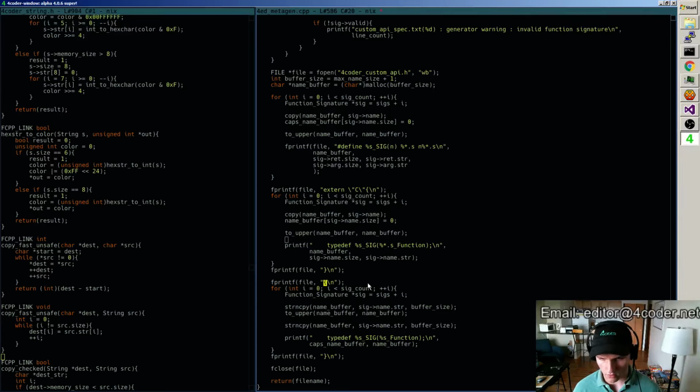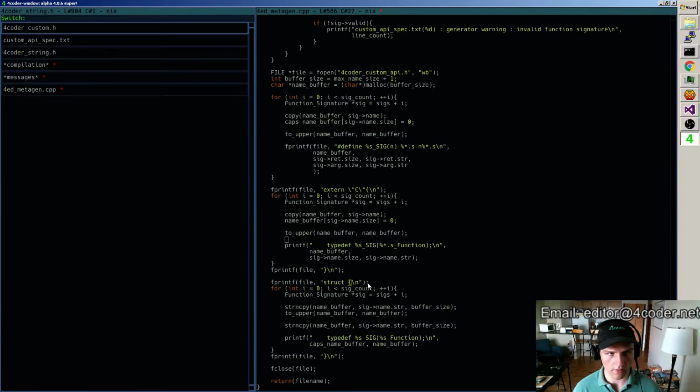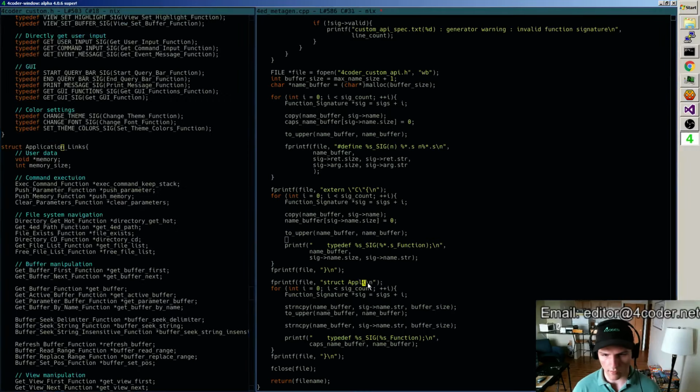Alright, so this one is like struct application links, and so at the end it's got a semicolon, I bet. And then at each step, it's like space, space, space. It's kind of like this one. Why is there still a caps name buffer there?